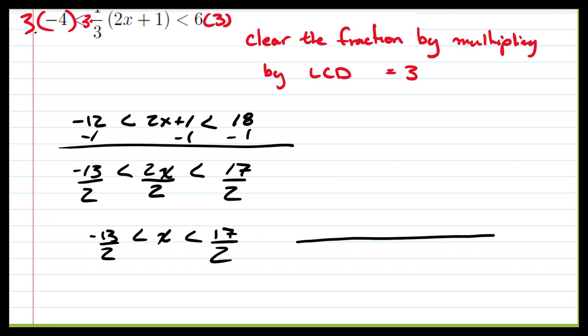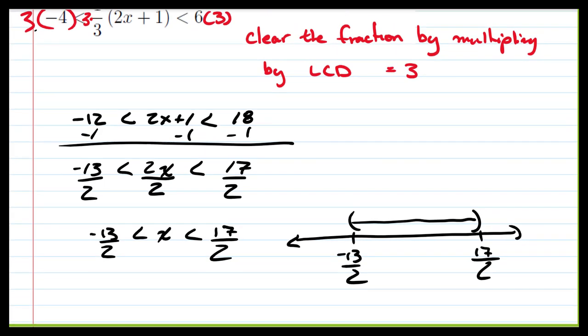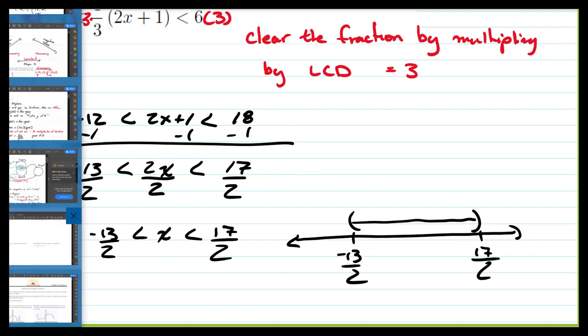And so this is our "and" type, so we mark -13 over 2 and 17 over 2, and we don't include our endpoints, and we graph our solution to that inequality. All right, for example 4, or you try number 4 rather,